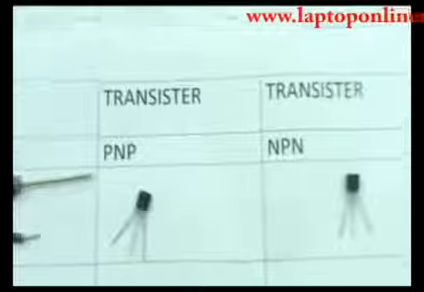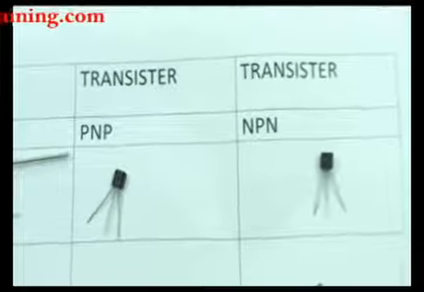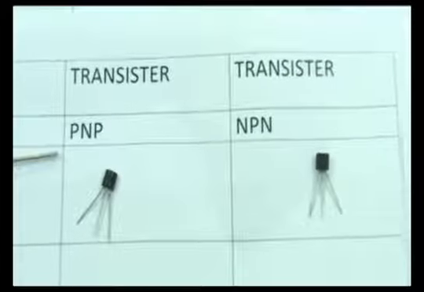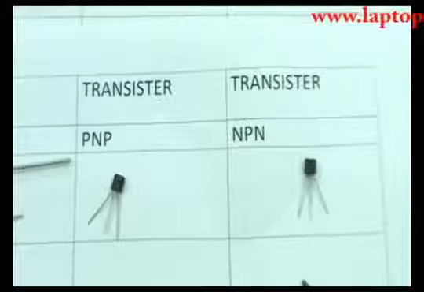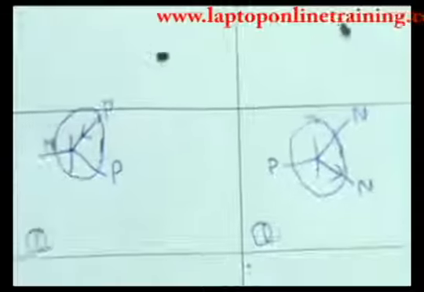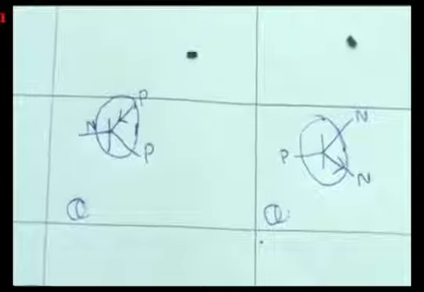And in transistors there are 2 types, PNP and NPN. Both look the same, but internally the collector, base and emitter are different. This is a transistor, PNP or NPN. In SMD, the transistor is very small, like this. It will have 3 legs or more than 3 legs, depending on the type. Its symbol is like this, PNP or NPN. It is indicated by Q in schematic diagrams. You can identify it with the Q.